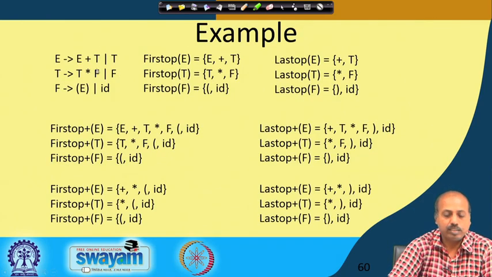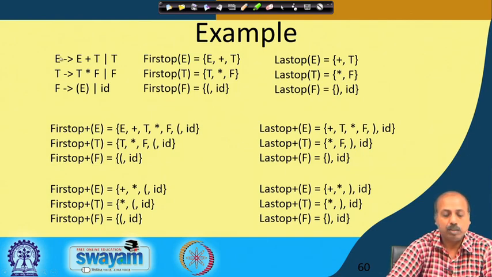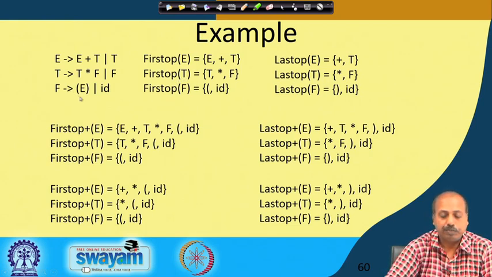Say I have got this grammar: E producing E plus T or T, T producing T star F or F, F producing within bracket E or ID. So, first of E, if you go by this rule, it says E will be there, then this plus will be there, because this is a first terminal symbol that can come, and this is the T. From this rule I can get T. Similarly, from T producing T star F, I will get T and star, and from T producing F I will get F. So, that is the first of T, and first of F will be,